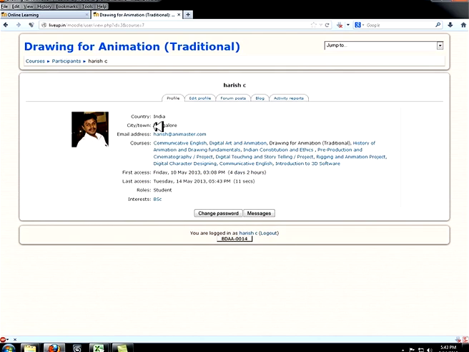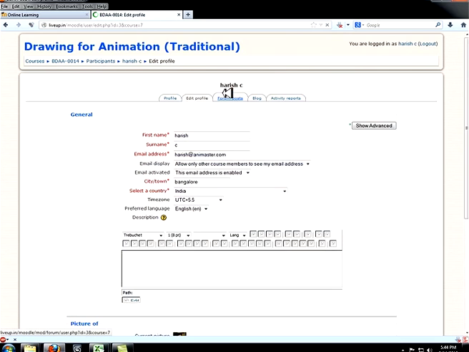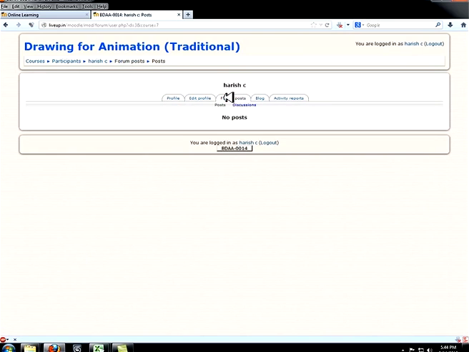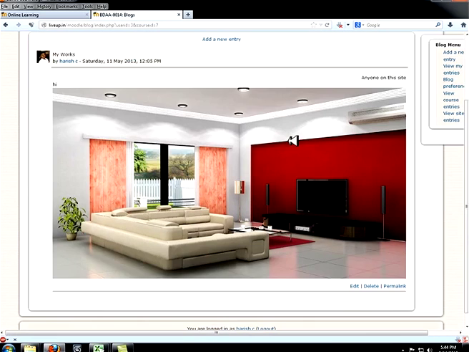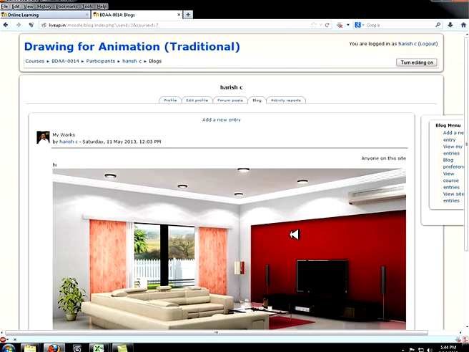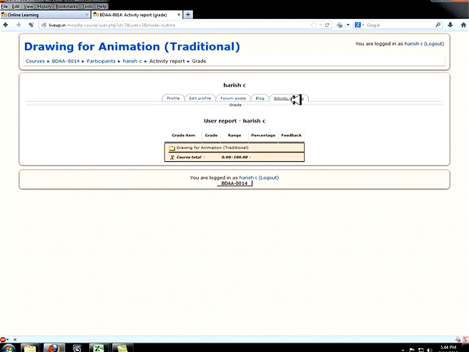As a user you can edit your profile here, and you can do forum posting. This is one of the very useful things. You can also have a blog post, and you can see this particular user has uploaded some of the works here, and also find the activity reports of the particular user here.